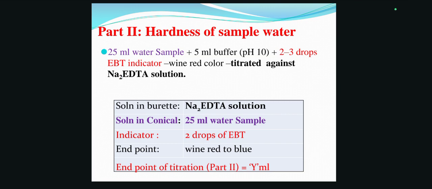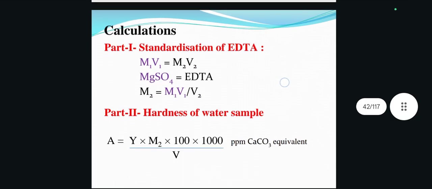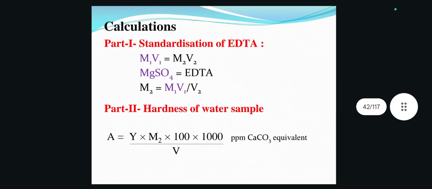What is the end point of titration? Wine red to blue. And once you get a blue color, stop the addition of EDTA and note the second reading, Y ml. So in this way, you have to complete part 1 and part 2. Now what is the calculation? The first part we saw, that is the standardization of disodium EDTA, and for part 1 calculation we have a